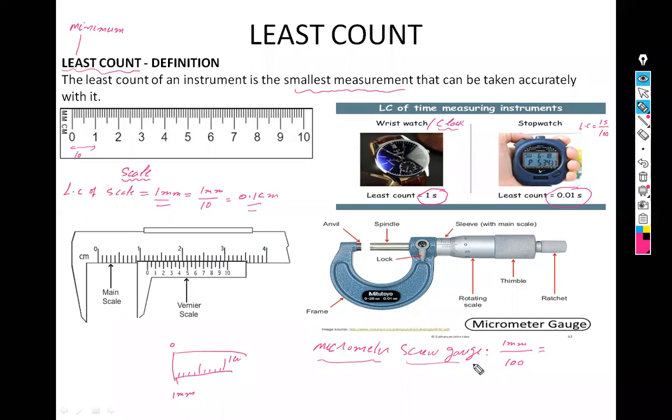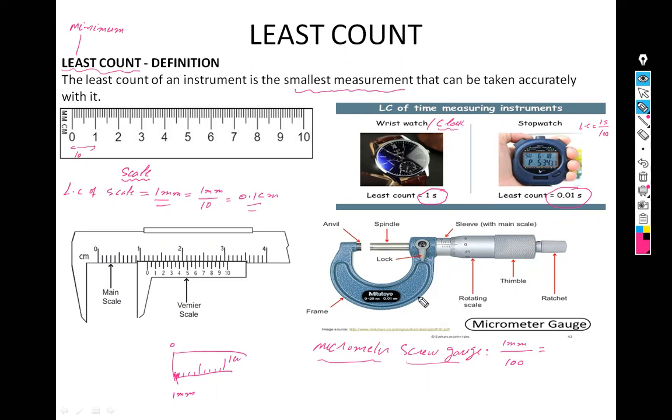Look, 1 over 100 means this is from here to here. It is 1 millimeter distance. If we want to divide it by 2, it means 2 parts. If we divide it with 3, it means 3 parts of this one. And if we divide by 100, then it will be 100 parts, which is very small. Very small means it is just equivalent to your hair, less than the thickness of hair.